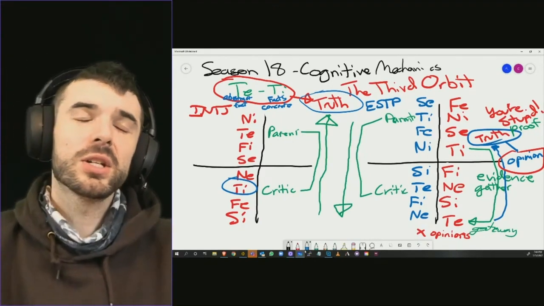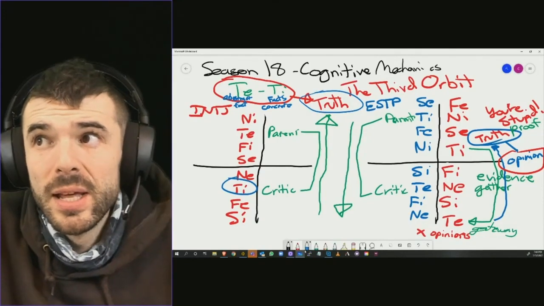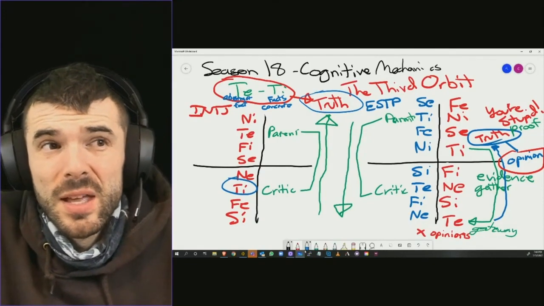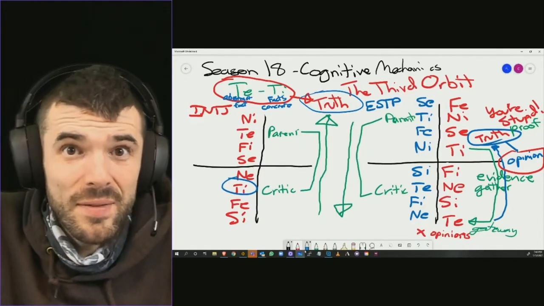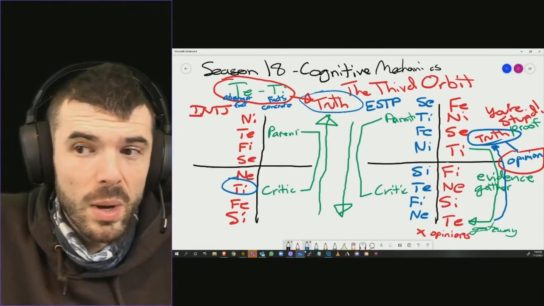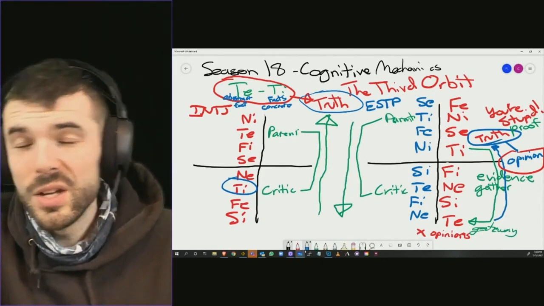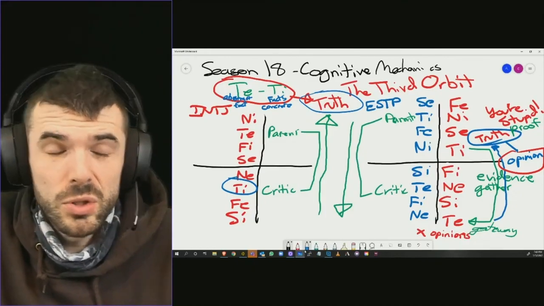Yes, TE Trickster can be helpful because a lot of the evidence and input that an INFJ can gather has a 50-50 chance, right, in general, of being good evidence versus bad evidence. It could be collected well, or it could not have been collected well. There's a 50-50 chance. So ultimately, TI is still able to get through it.